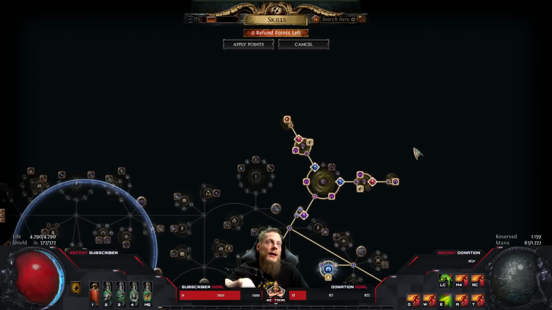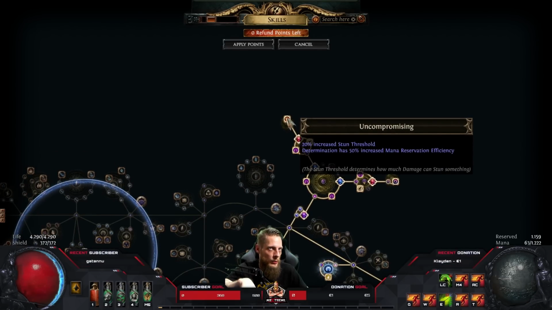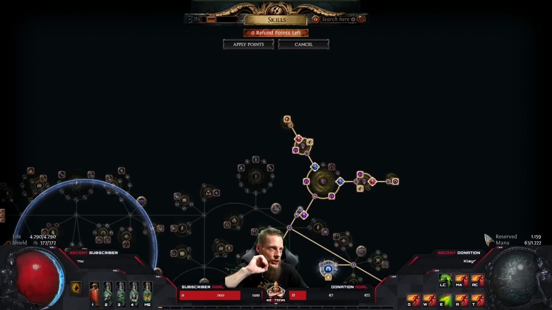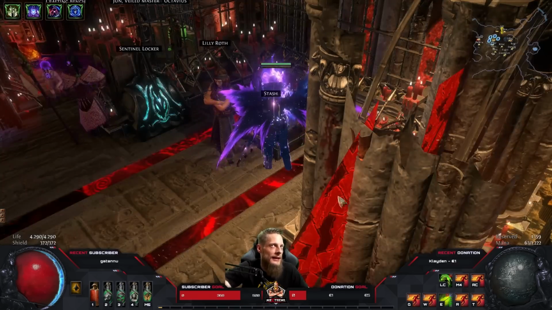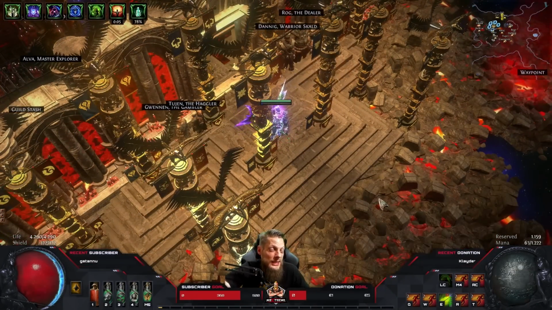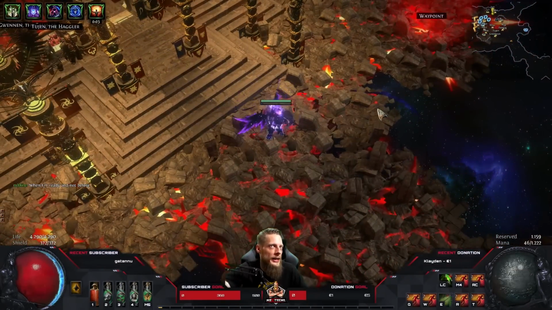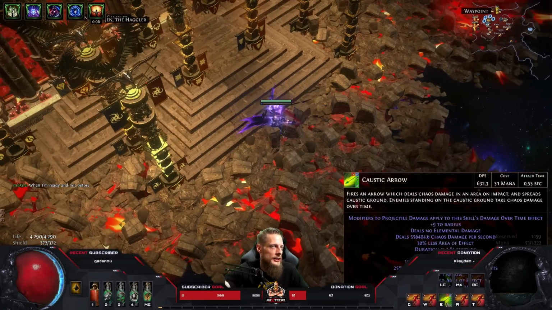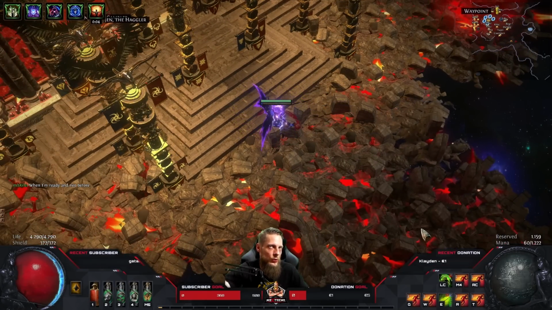Curse effect. And the second one that I took is Uncompromising, because I needed the Determination Mana Reservation Efficiency, so I actually can reserve all my auras that I have here. The only problem, or a little bit of a downside, if you want to call it like that, is I cannot permanently shoot my Caustic Arrows. As you see, I shoot one and I probably need to wait 2 seconds until I can shoot the next